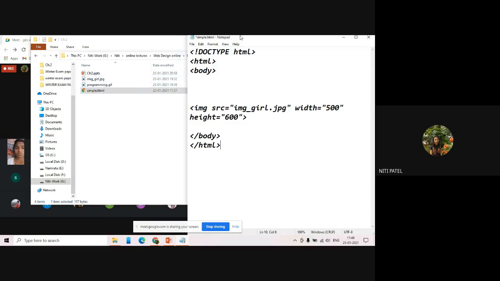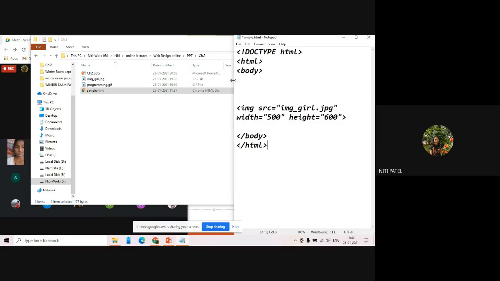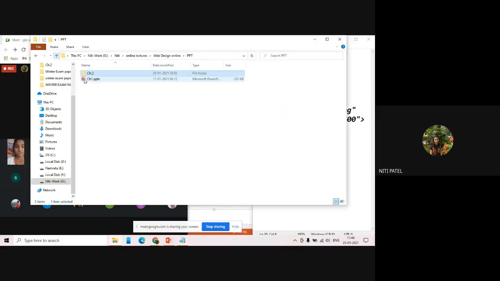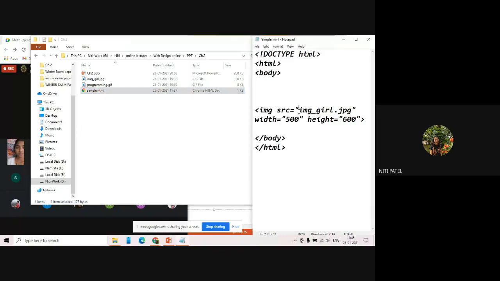If you see, inside chapter 2, I have my program also, I have my image also. So if both of them are at the same place, you do not have to specify the path over here. Path means what? C drive, G drive, folder, online lecture, web design, online PPT, chapter 2. You do not need to give all that. Why? Because both things are inside one folder. Understood? They are in the same folder.